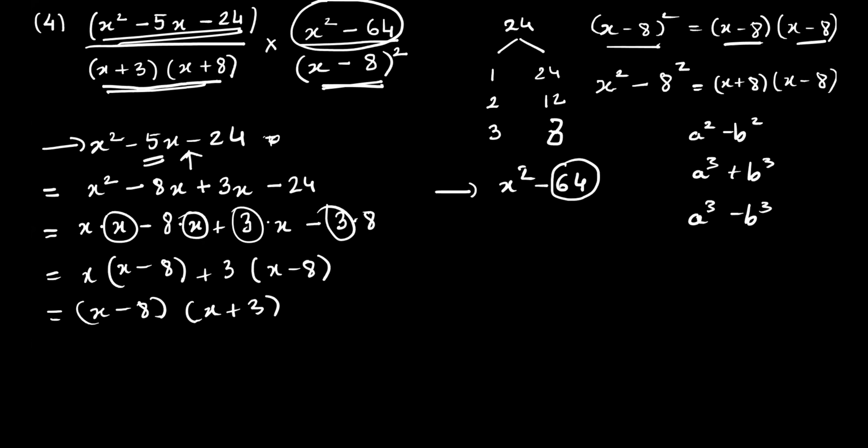But this should also be a square. क्या 64 square है? 64 is a square. Yes, it is. 8. So is it okay if I write 8 square? Yes. And what is the formula of a square minus b square? A plus b, a minus b. So what will be the answer here? X plus 8, x minus 8. You understood? यहाँ पे वो क्यों नहीं लगा था formula? Because it was whole squared. Whole square, correct. So now we have factorized everything.